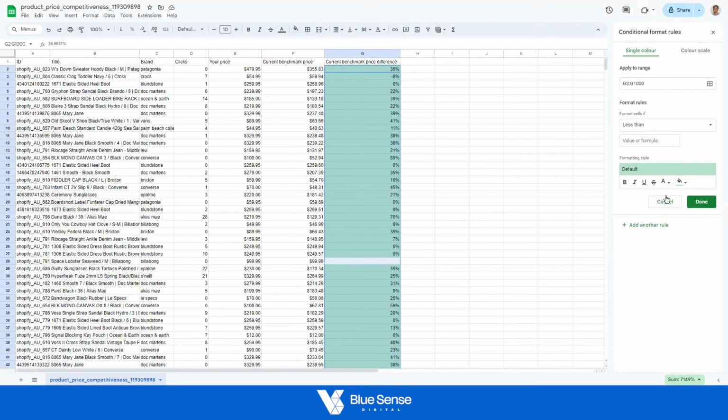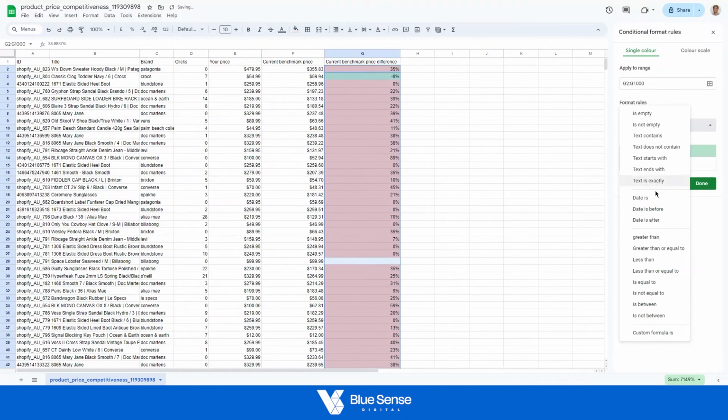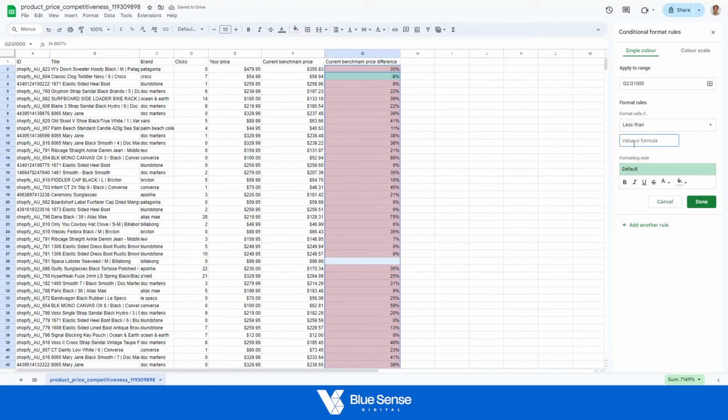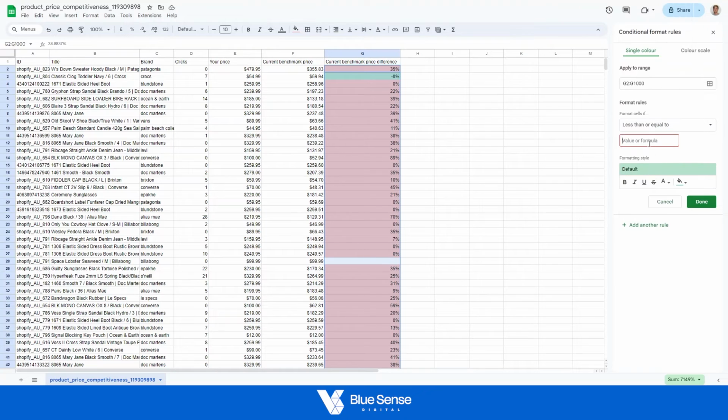So let's just get out of here for a second. Cancel that. So if this percentage is greater than 0, we're going to color that red. And then, so done, add another rule. If the value is less than 0, or actually, let's say less than or equal to 0, we